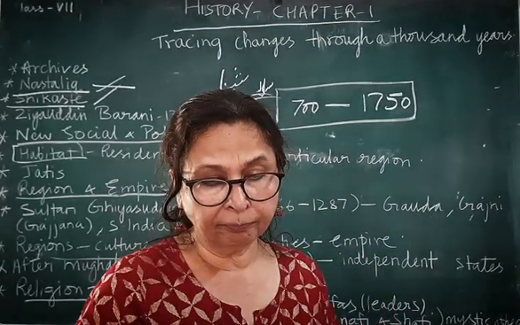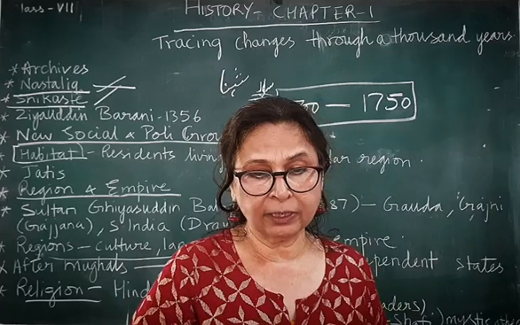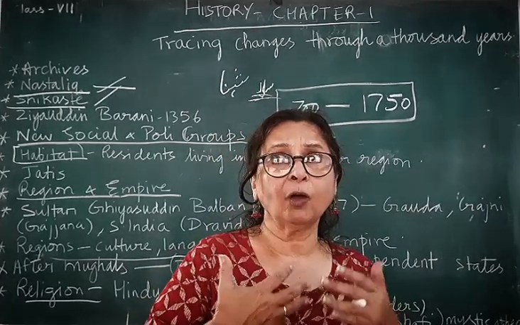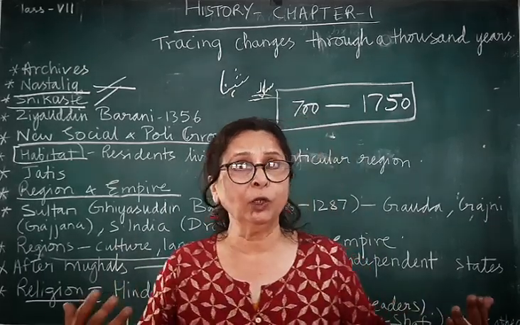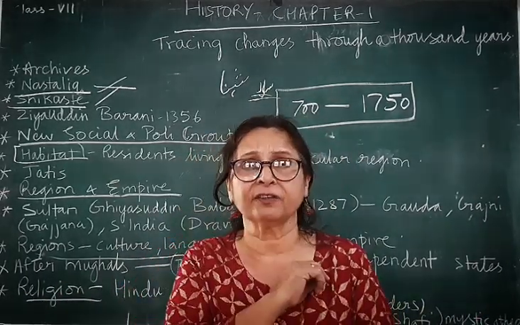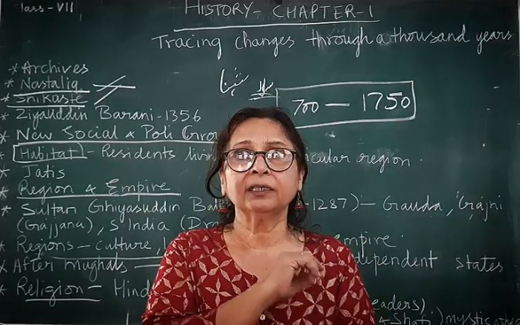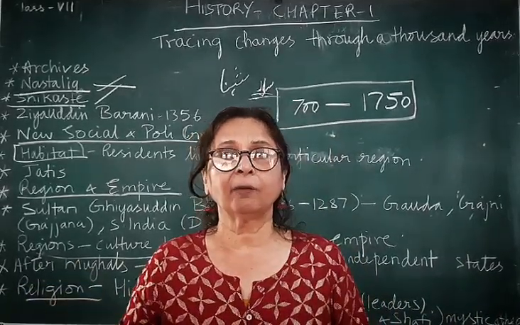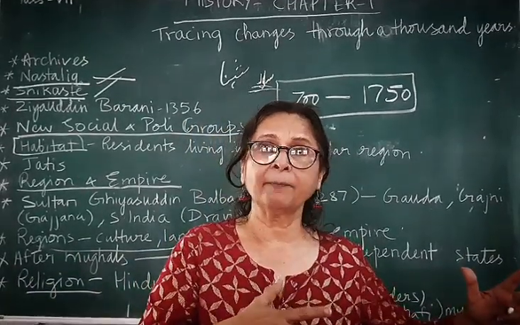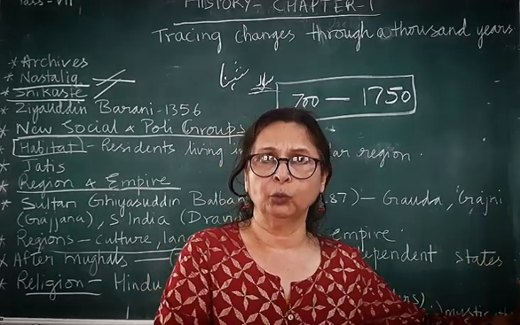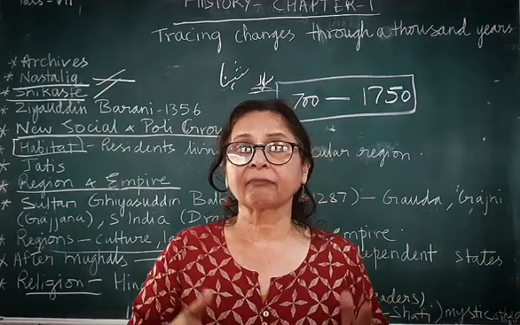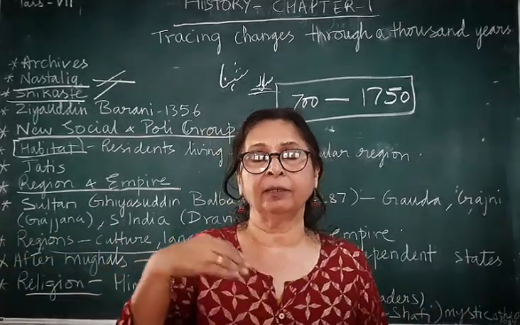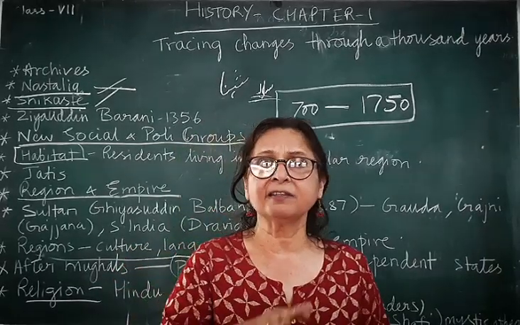Now we come to the next topic, and that is history: how the foreigners looked at it and how our historians look at it. When the Britishers were writing history, they divided it into three parts: Hindu, Muslim and Christian. They said that until Muslims came, it was Hindu history, when Muslims came, it was Muslim, and when Britishers came, it was British. But this is wrong. Later on, historians felt that this division is wrong.